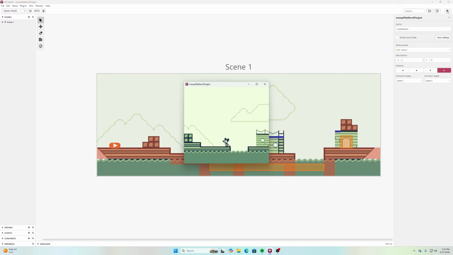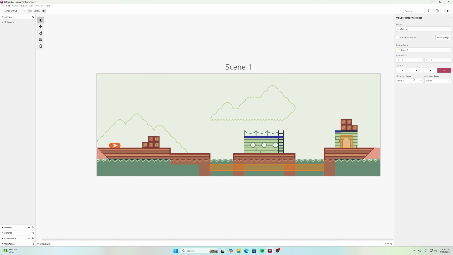Mickey's got a little more lively movement when running and jumping around. Now it still does look like we're skating a little bit when we let go. But as far as the actual animation, I think that looks better. And it's more like a mouse scurrying about. I'm not going to change the movement speed on this because there are other things we can do,